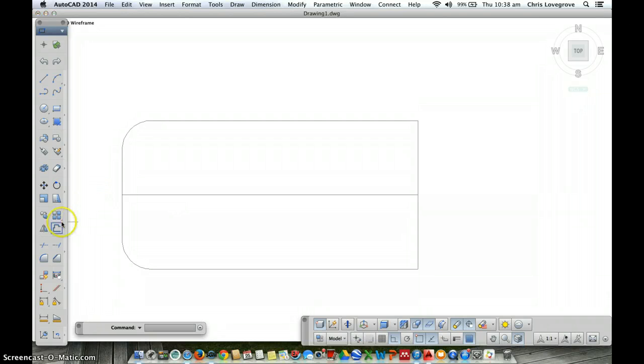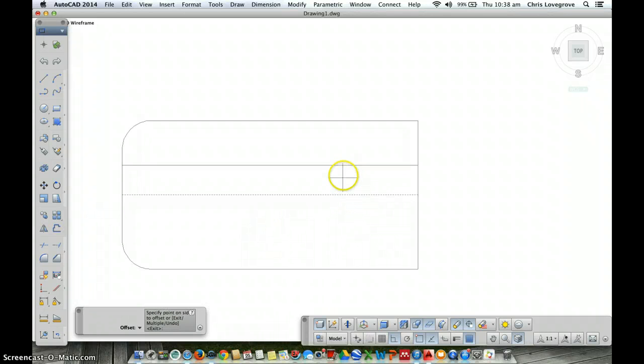And now what we're going to do is go to offset, and it creates parallel lines. So we pick on offset, and it says specify the offset distance. So in this case we're going to type in 10 and hit enter. Now we select the object to offset, and then it wants to know which side to put it on. So we move the mouse up here and pick, select the object again, move the mouse down and pick,